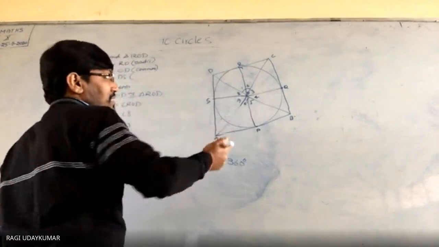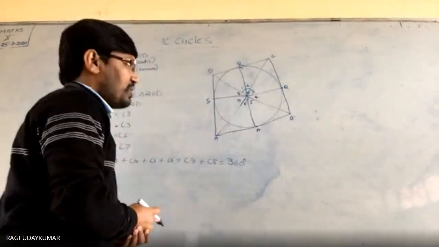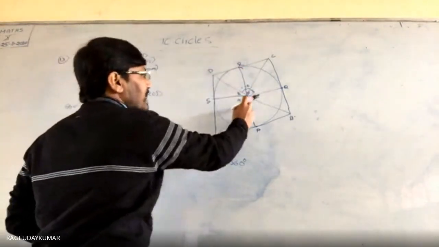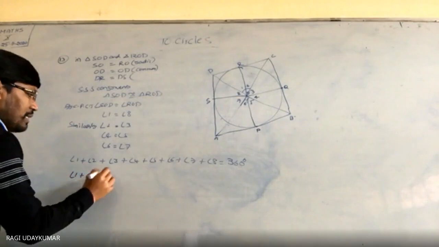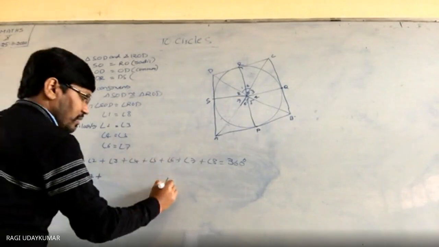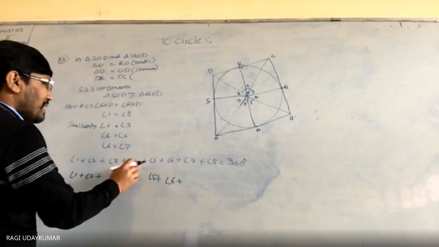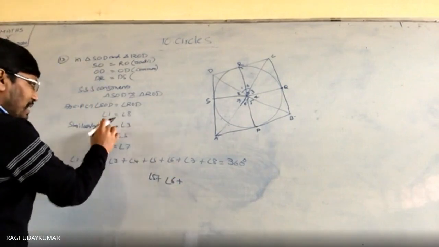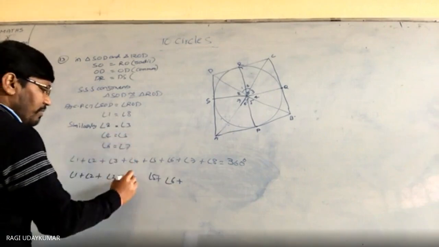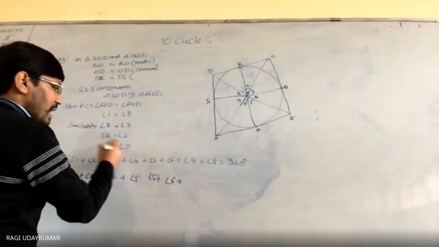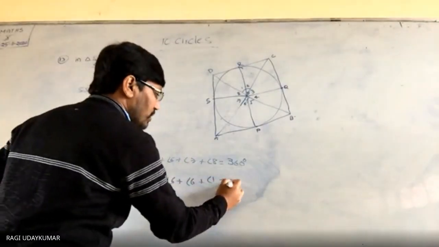So we first consider that COD and AOD are 180, the working is correct. So 1 and 2, 6 and 5, keep as it is. Keep these 6 and 5 as they are, and change all the rest. 3 equal to 2, write 2. And 4 equal to 5, and 7 equal to 6. And 8 equal to 1, and the sum is equal to 360.